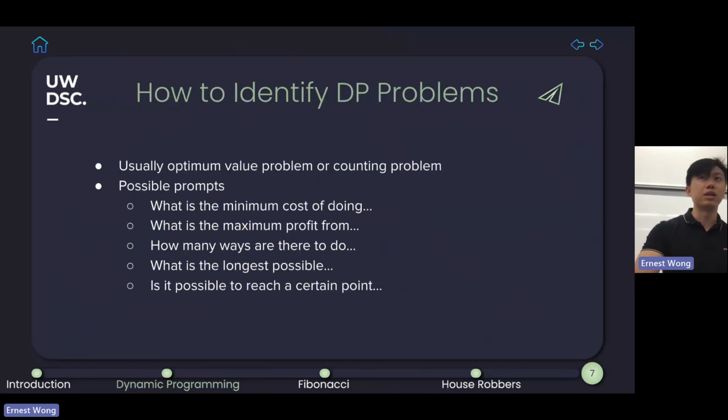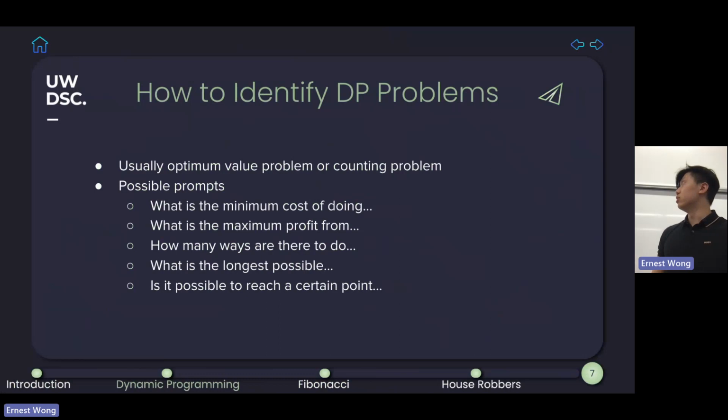Problems that might use DP are usually one of two types. First, optimum value problems, the min-max value problems I was talking about. Another type is counting problems: how many ways are there to do this, or what is the number of possibilities to do something like that?